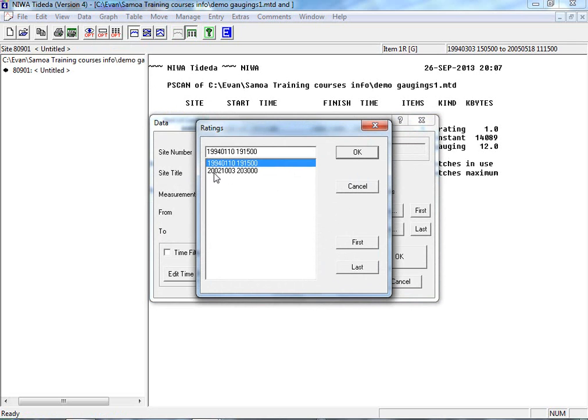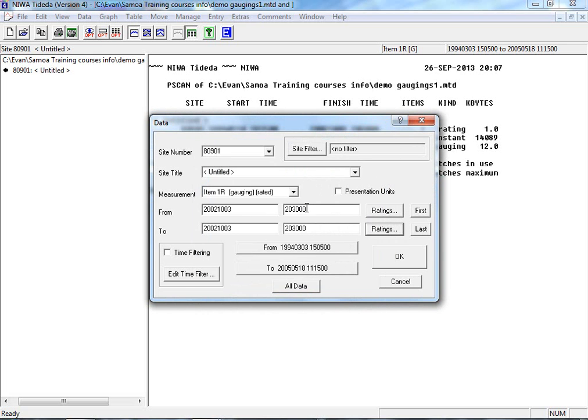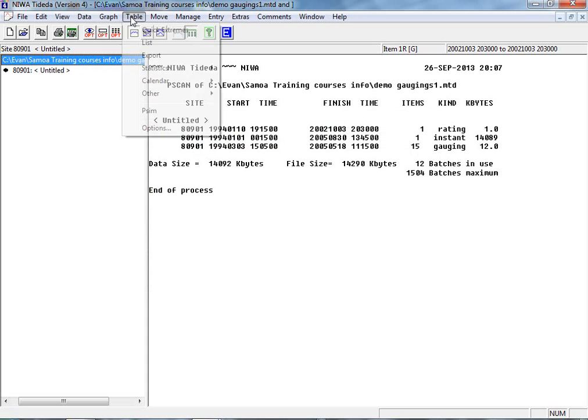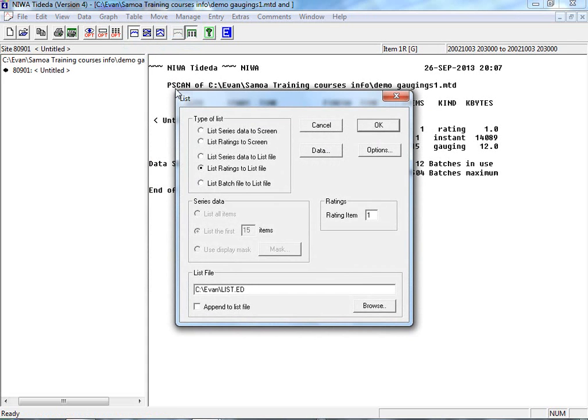In this case we see our new one we put in, new date and time. So this is the one we want to edit. So again we've gone, select that, and again select that. So that date and time is put in there. Okay, that. Now we want to list that to our list file, list.ed down below,